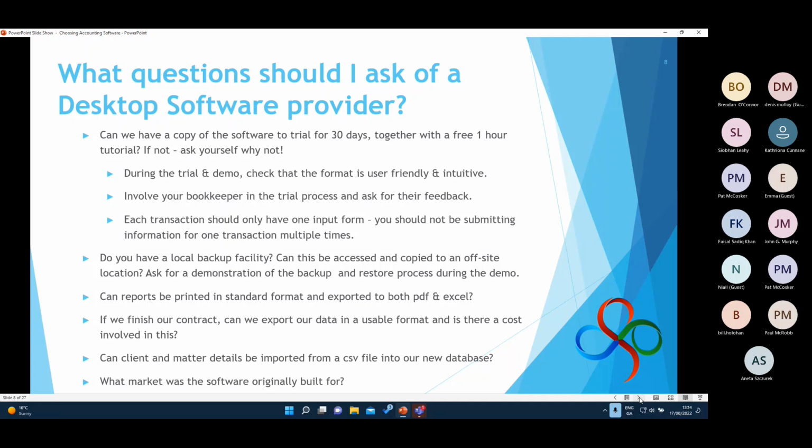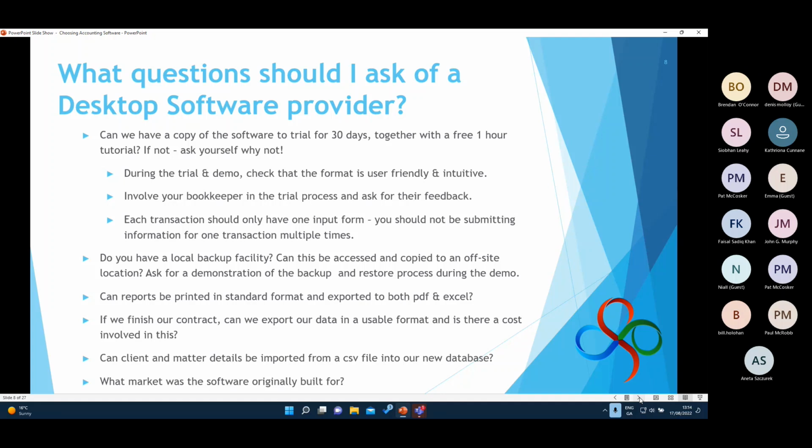How can it be restored? If you want to check the restore, a very simple process is to take a backup of the software, store it safely, then go and set up a new client on the software, and then come back and restore the backup that you had originally, and that new client that you set up should no longer be there. So then you know that your restore is working properly, and you should be checking this before you purchase the